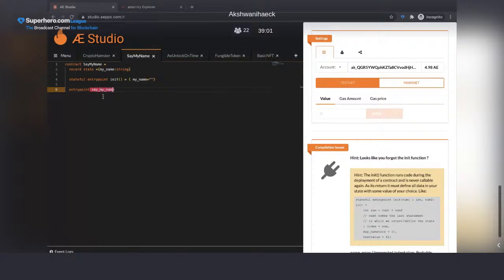So now I will need an entry point that is only going to tell me which name is stored on the blockchain. So I'm defining the entry point, I'm telling the name of the entry point, I'm giving the return type of the entry point that is going to be a string, and I'm defining the content of my function. And here I will use an out-of-the-box library, the string library, because I need to concatenate.